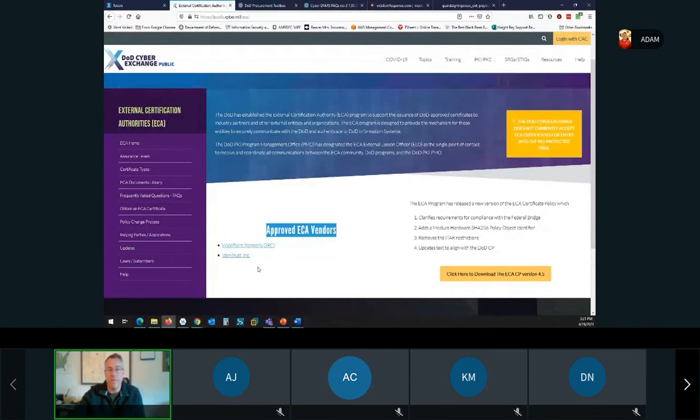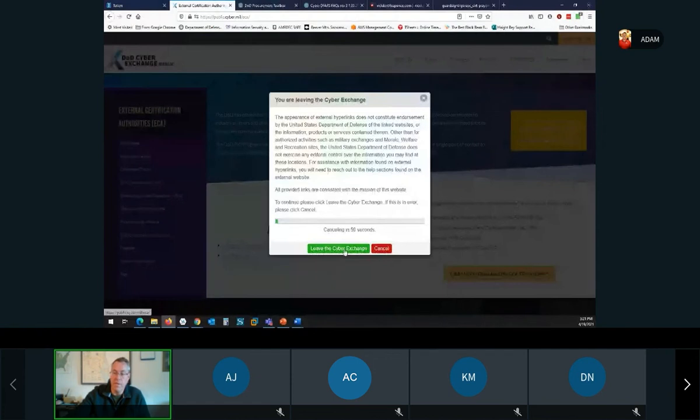The pricing for the certificates and the process through which you obtain them at each of these sites is the same. The pricing's the same. Everything is the same. The certificates are the same. I just happen to like IdenTrust's website better. So I'm going to take us through using the IdenTrust system